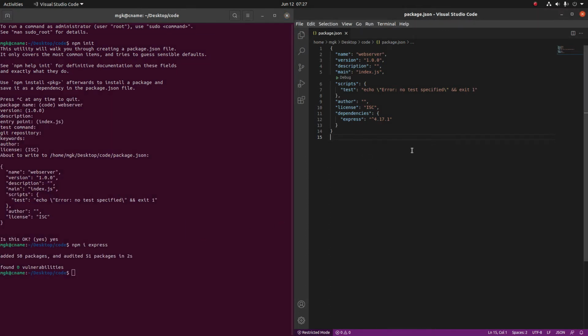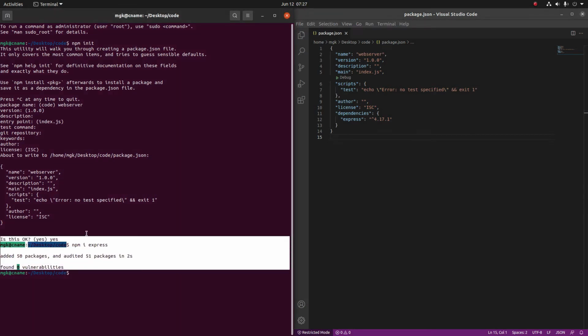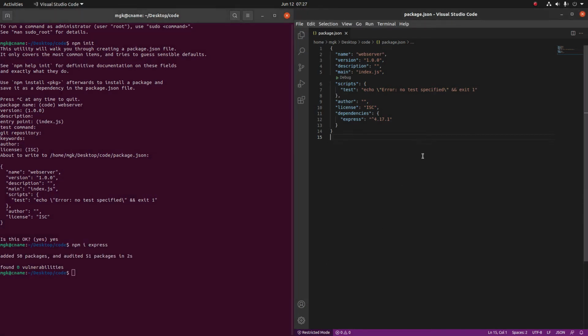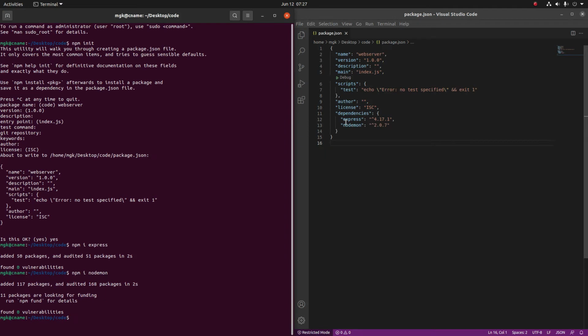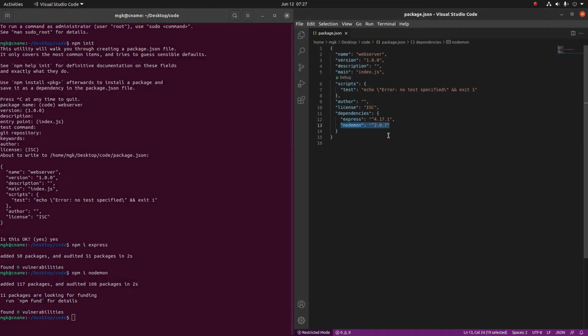Without nodemon we actually need to restart the server. So let us install that: npm i and then nodemon. That will also appear here soon. Yeah, nodemon is here.